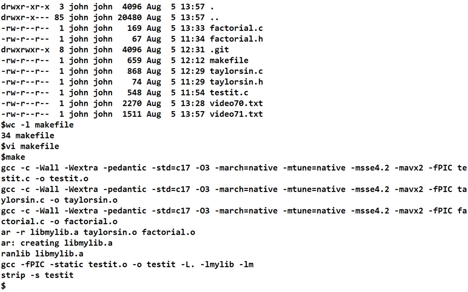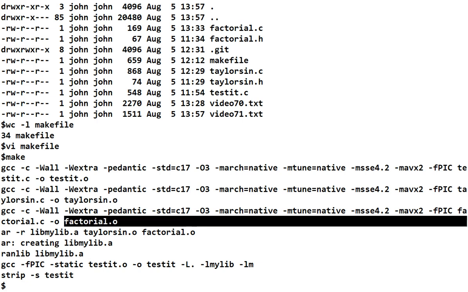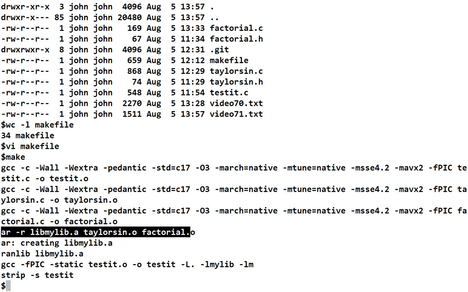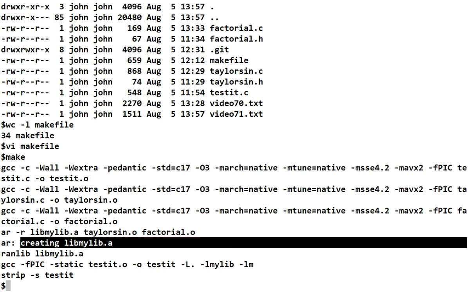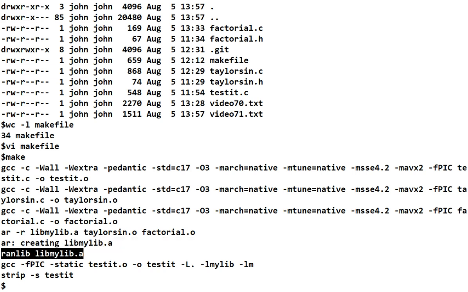It creates tested, Taylor sine, factorial, and then it says, ooh, time to make the archive, and it makes the archive, and then it tells you, I'm creating the archive. Then we run the indexer,